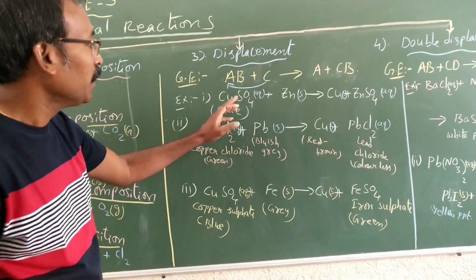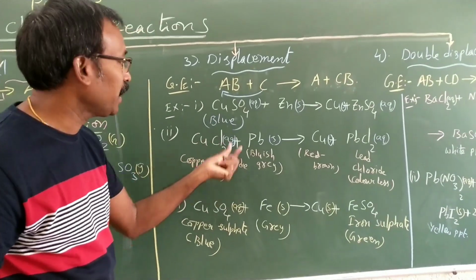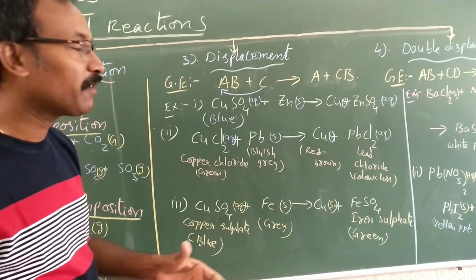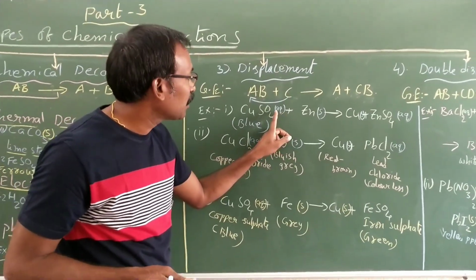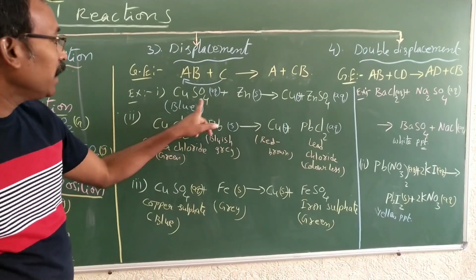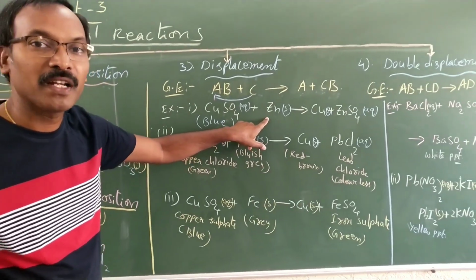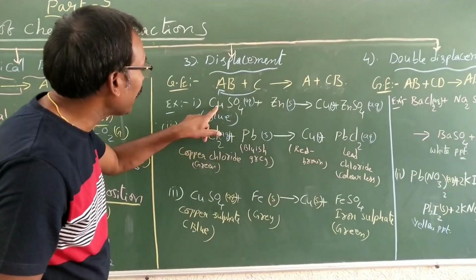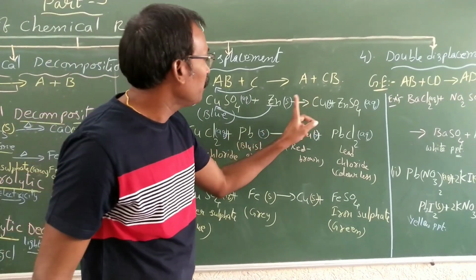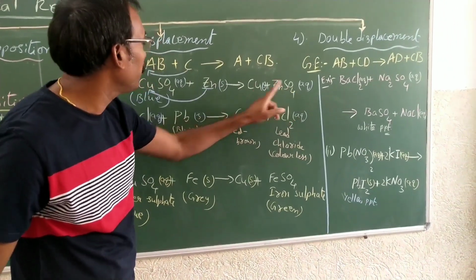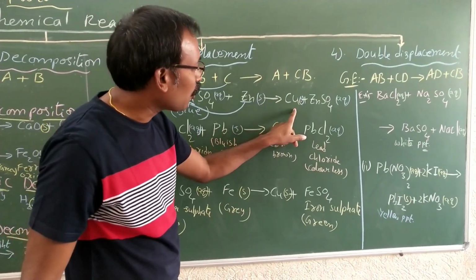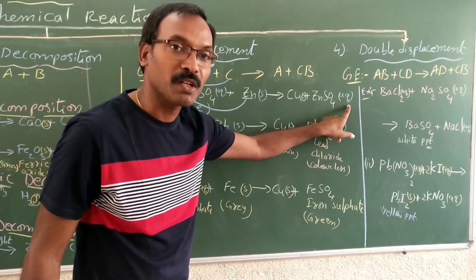So when you take a small quantity of copper sulfate and prepare its solution, which is nothing but aqueous. Aqua means water. With water, when you dissolve and prepare the solution, that is nothing but AQ, aqueous solution. And when you drop a small piece of zinc in the solution, after some time, maybe half an hour or 1 hour later, this zinc will displace the copper. The zinc displaces copper from its place, and in place of copper, zinc settles. Zinc sulfate will be formed, copper will be separated. Okay, this is aqueous, this copper is solid, and zinc sulfate aqueous solution will be formed.